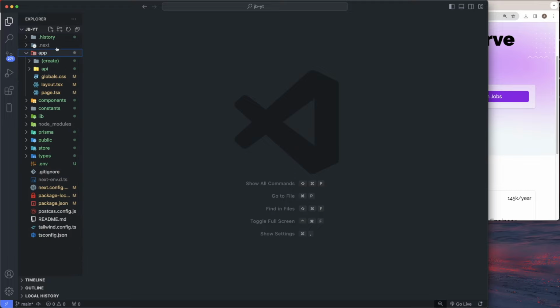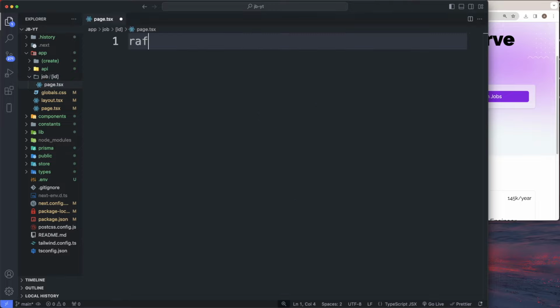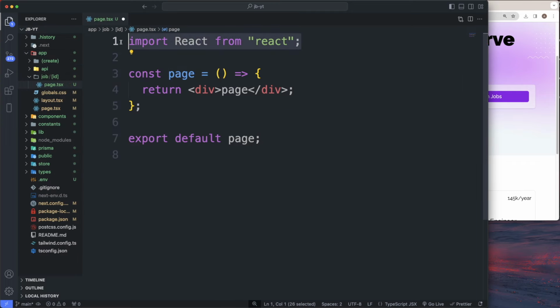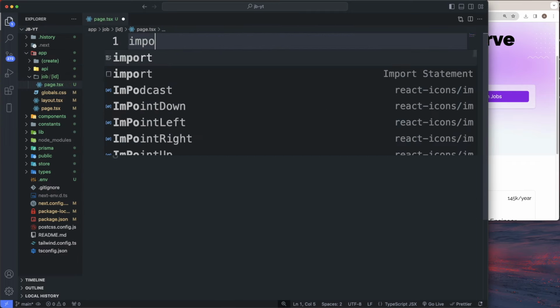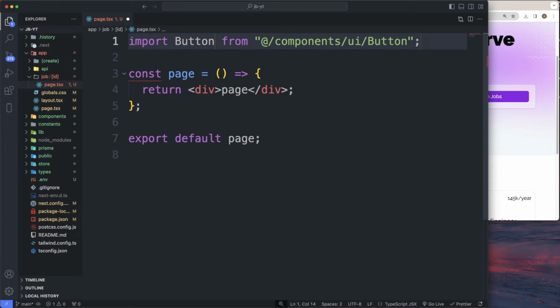Inside of our app, we're going to create a folder called job. And inside this folder, we're going to create another folder. We're going to do brackets ID, like that. And then inside of this folder, this is where we're going to have our page.tsx. All right, let's go ahead and export it. It's going to import our button from our components, and we're also going to import